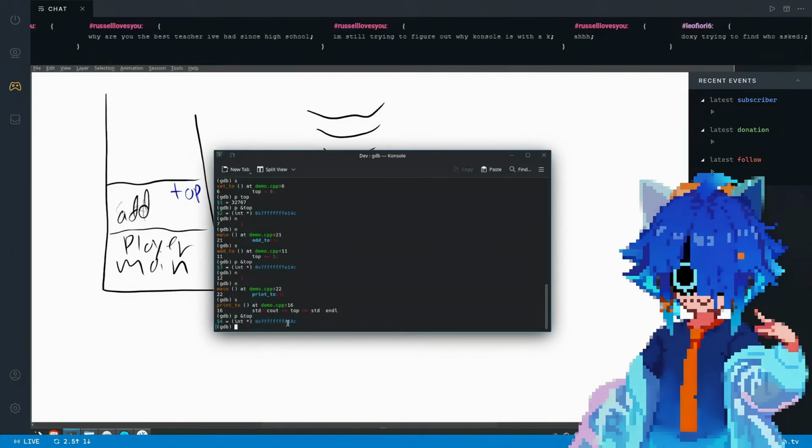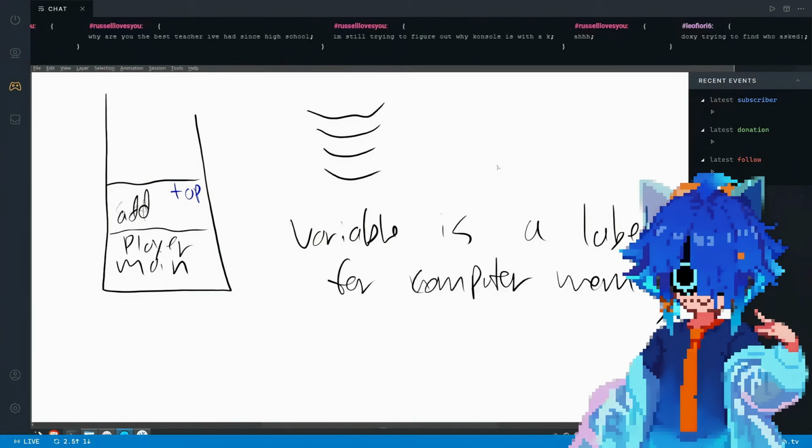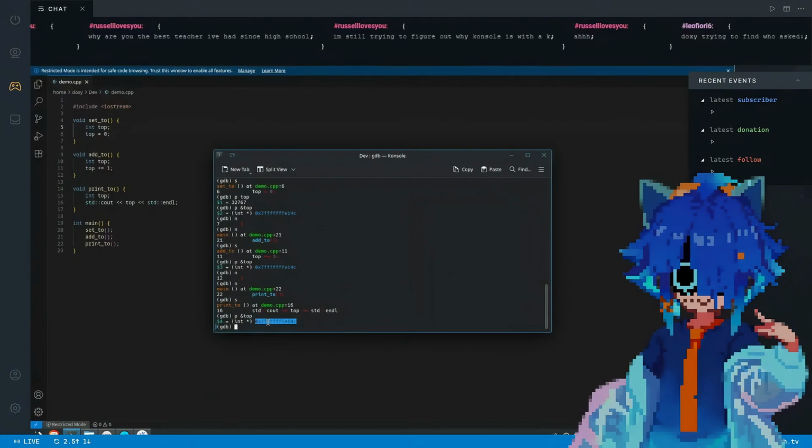There's also an interesting observation here. I mentioned that this number is a memory address. So far, we've been thinking about variables as values. But really, the more accurate way to think about them is that a variable is a label for computer memory. Think about a locker room at school. You're assigned locker 5, so you know you can go over to 5, open your locker, and you know where it is. The variable top is assigned locker number